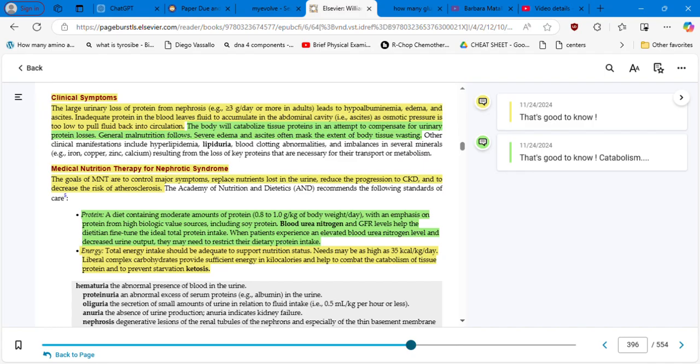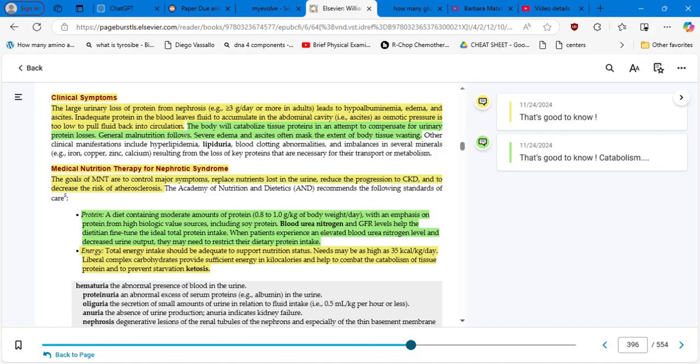Now, medical nutrition therapy for nephrotic syndrome. The goals are to control major symptoms, replace nutrients lost in the urine, reduce the progression of CKD, and decrease the risk of atherosclerosis, right? So now for the protein, a diet containing a moderate amount of protein, 0.8 to 1 gram per kilogram of body weight per day. And this is important. You are not in charge of making this calculation. Usually it's the dietitian, but please understand it's going to be grams per kilogram of body weight per day,